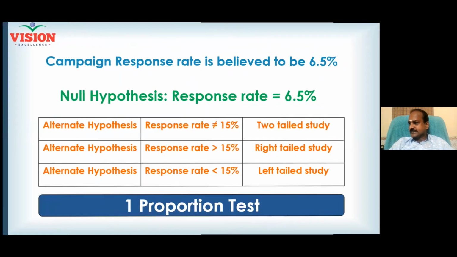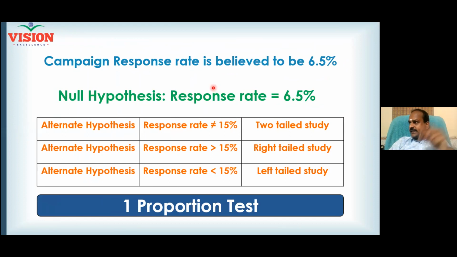Now, going to the next case. See here, like R.K. sir was explaining, a digital campaign was conducted. I write email about my product. Generally, 6.5% of my emails get me some result. When I write 1,000 emails, 65 emails give me sales. But recently, I have modified my campaign. After modification, my campaign has given me